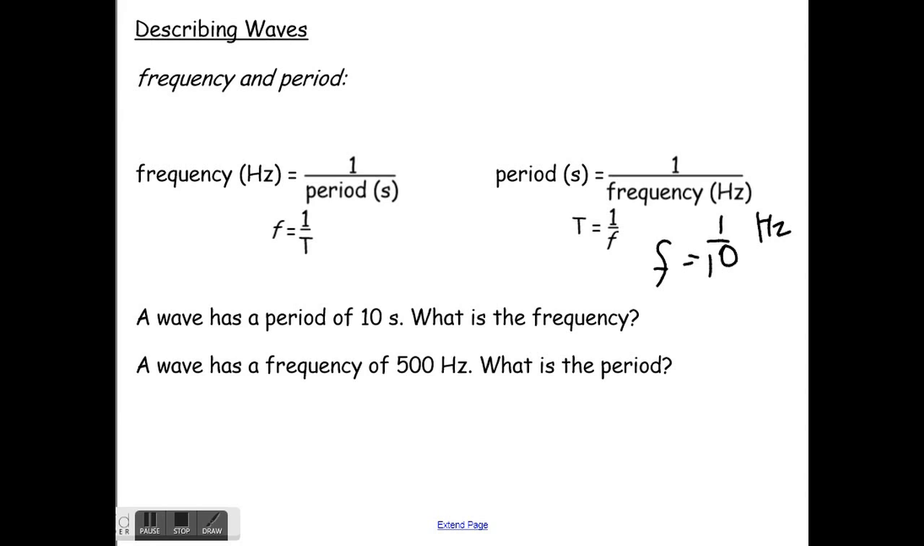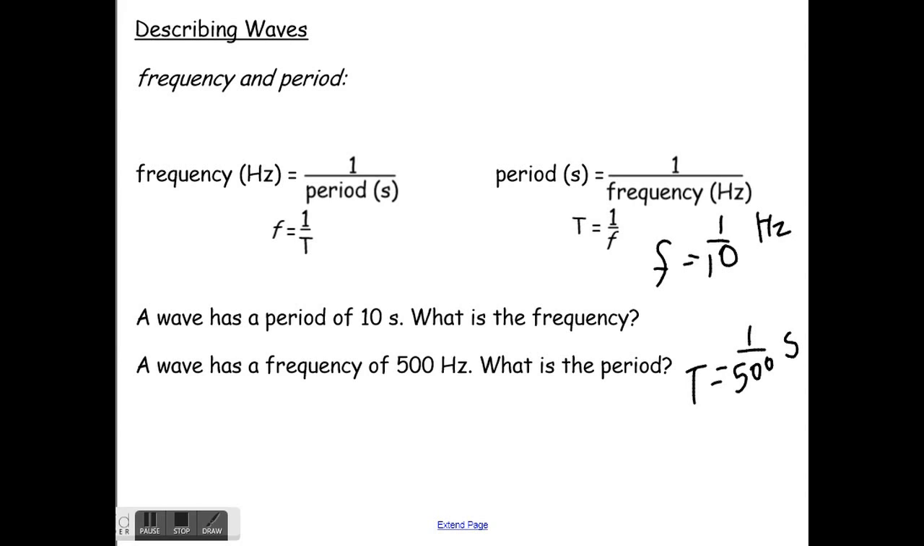And then the second one there, a wave has a frequency of 500 hertz. What is the period? So if I'm trying to find the period, I use this one here. So 1 over my frequency. So my period would be 1 over 500. So period, T, is equal to 1 over